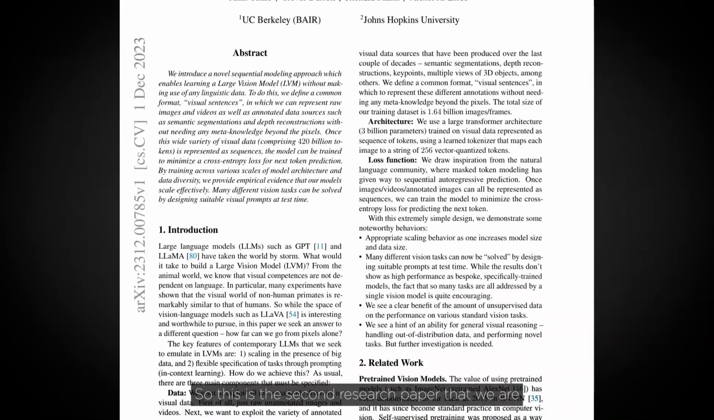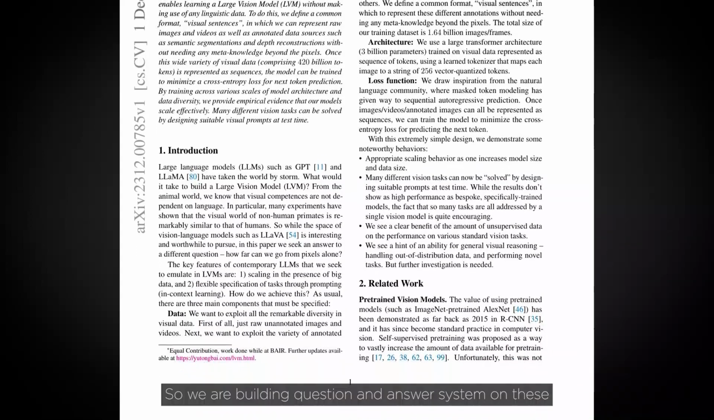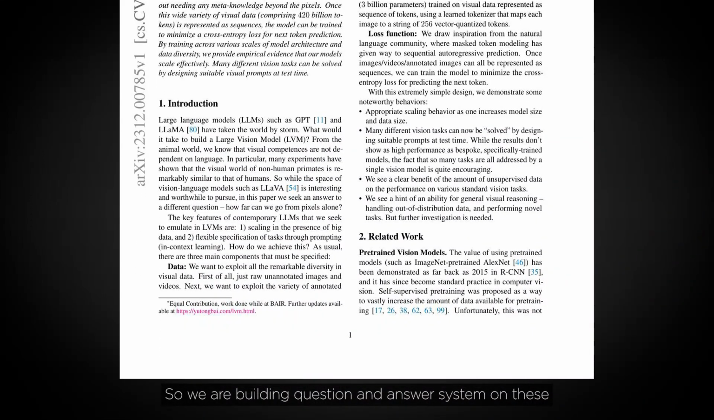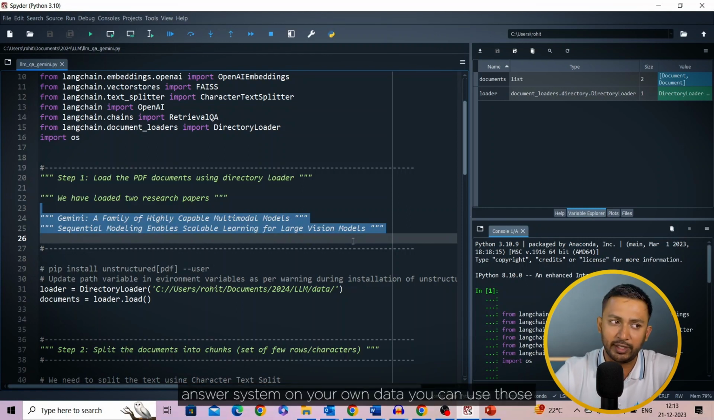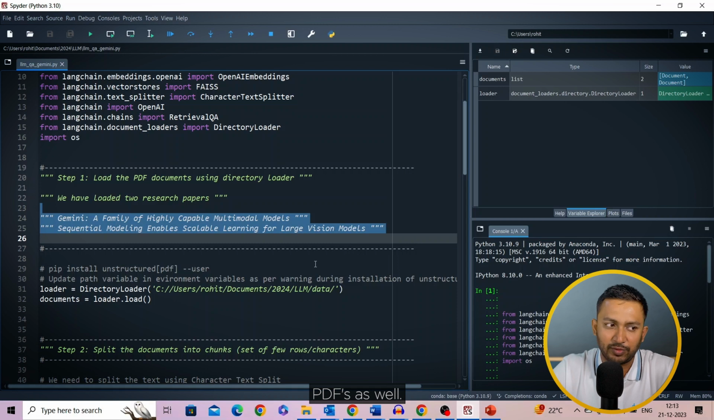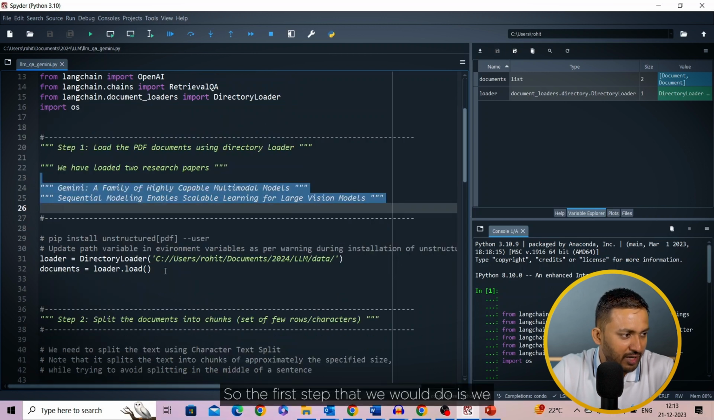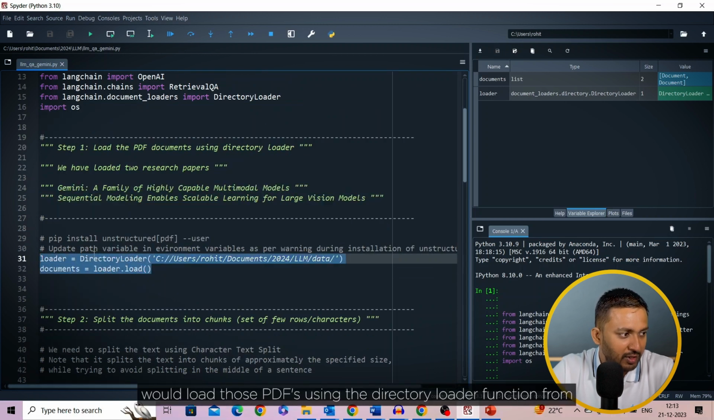So this is the second research paper that we are using. So we are building a question and answer system on these 2 PDFs. Obviously, if you want to build your own question and answer system on your own data, you can use those PDFs as well. So the first step that we would do is we would load those PDFs using the directory